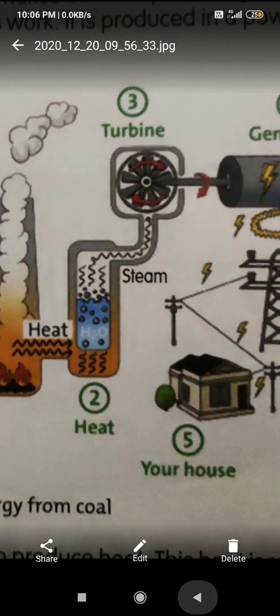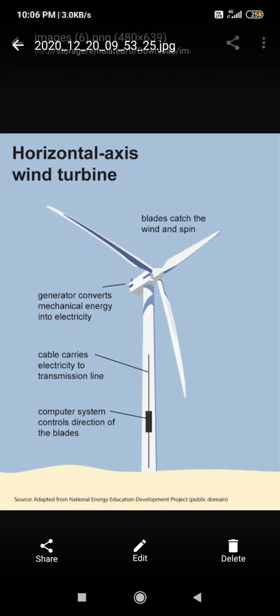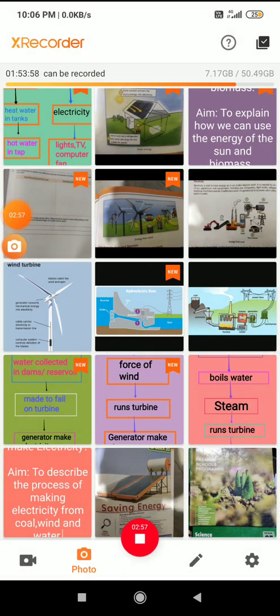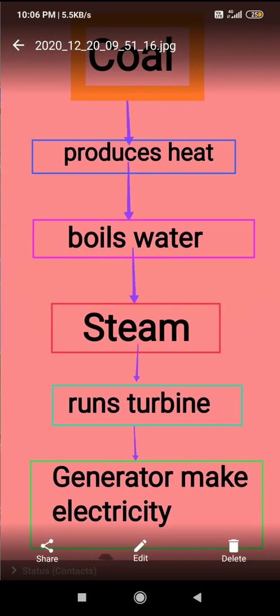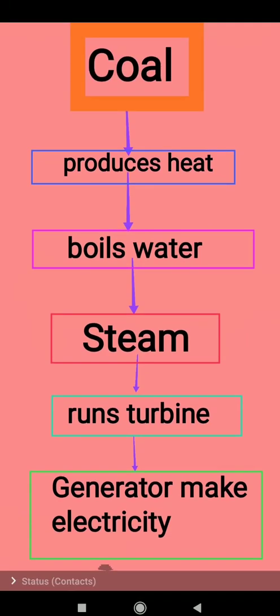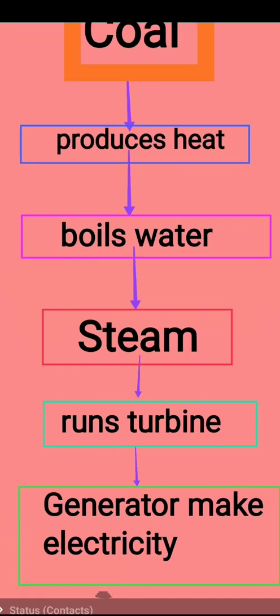Then the turbines, what do turbines mean, students? Those are like fans, right? You have fans at home, like that only, they have rotating fans which will rotate. Okay, so those are turbines. So like this we are going to discuss different things today. So first I am going to explain coal, right? Coal is a source that we are using to generate electricity. So here coal produces the heat, right? How will it burn? We will burn the coal at a high temperature, then it produces the heat which helps to boil the water.